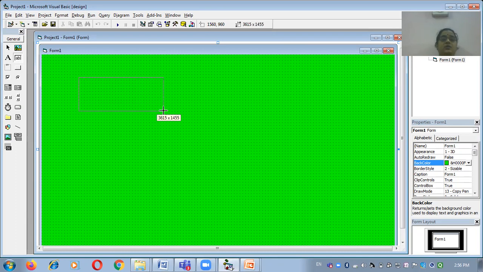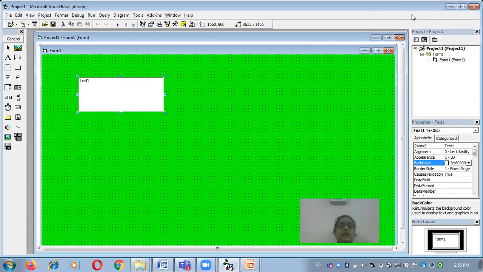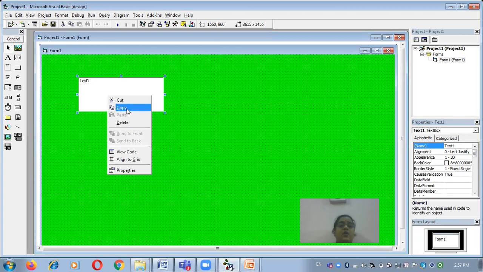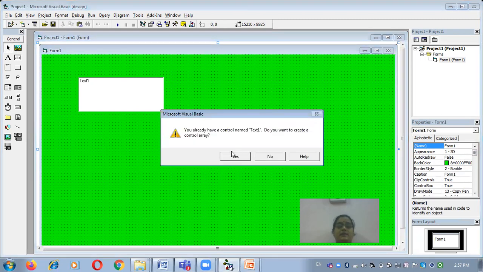Check the name property of this control: click the control and go to the property window, and the name property of the text box is text1. To make a copy of the instance, you just right click on the particular control, copy the control and paste somewhere else.